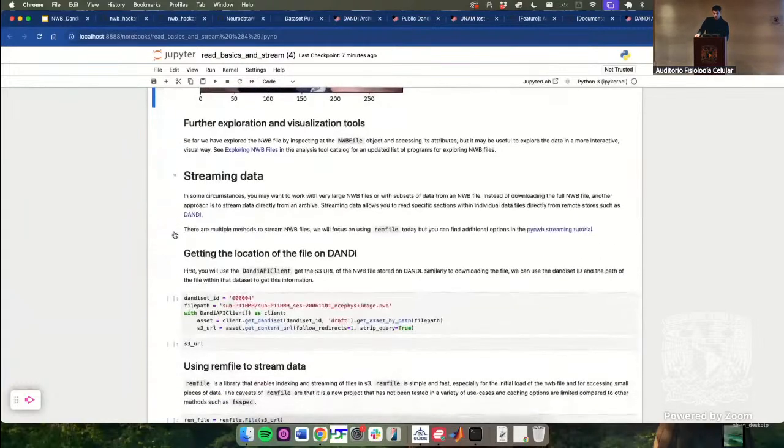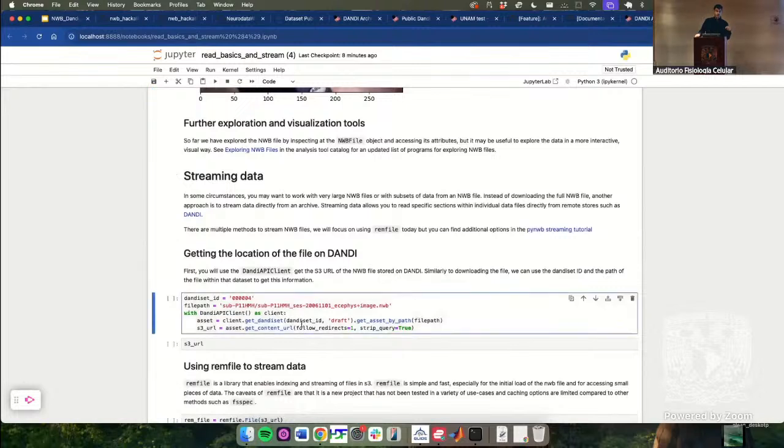I wanted to go more on the technical side for a second, because there's this capability of streaming data that I think is really important. In both of these previous examples, in MATLAB and in Python, I was showing you downloading the data and then reading it locally from your computer. But actually, I often recommend another approach to accessing the data, which is streaming the data directly from the archive. Essentially, you create an object that looks exactly the same as if you were reading it from your computer, but anytime you would have done a disk read, instead you're performing a